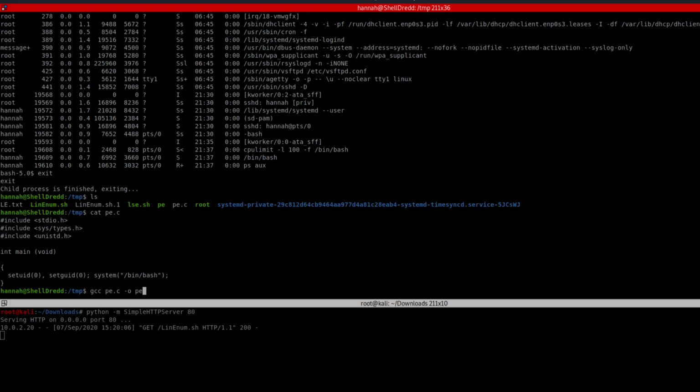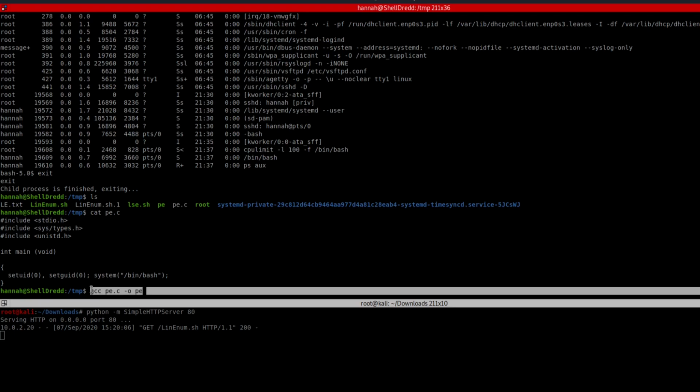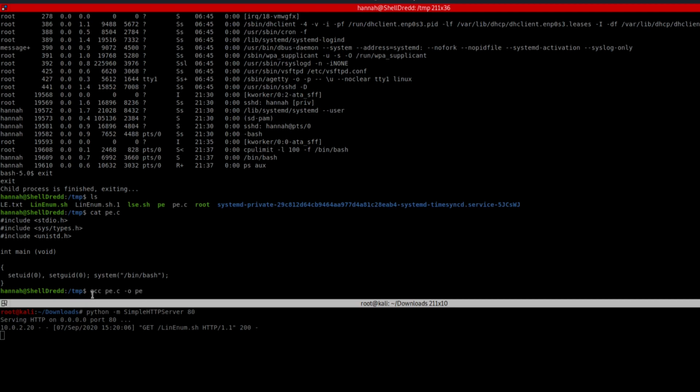This is a basic simple command. This won't work here because this system doesn't have GCC, the compiler. So like we transferred the enum script, you can compile this on your local machine and transfer it into your remote shell. I've already done it here.